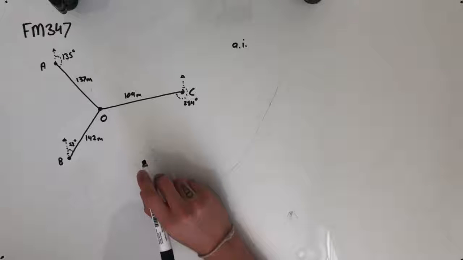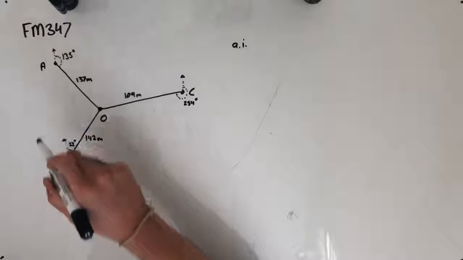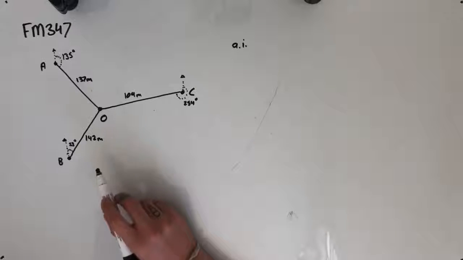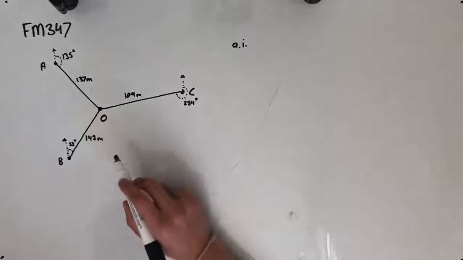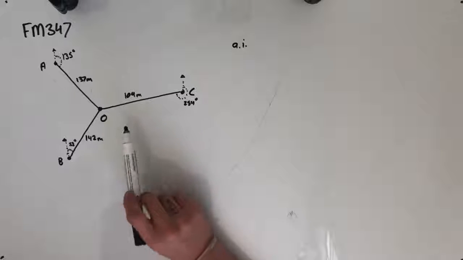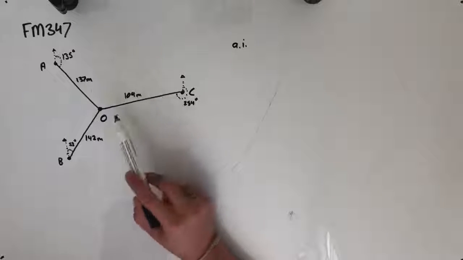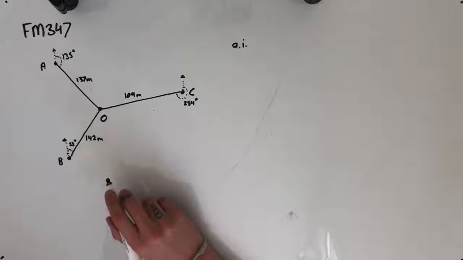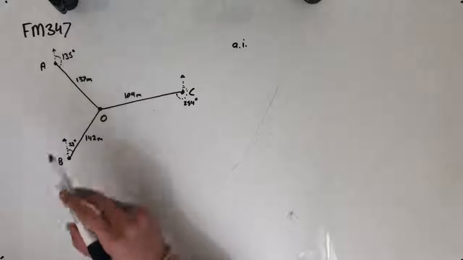We're told that the bonfire is 137 meters away on a bearing of 135 degrees from campsite A. The bonfire is 142 meters away on a bearing of 53 degrees from campsite B. And the bonfire is 109 meters away on a bearing of 254 degrees from campsite C. Question A part I says, show that the distance in meters from campsite A to campsite B is